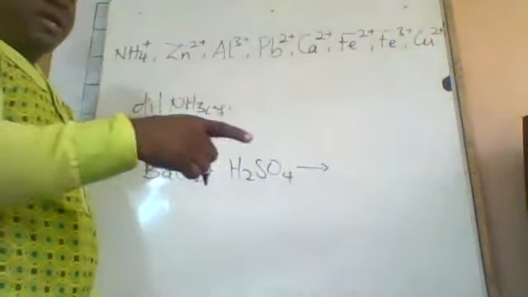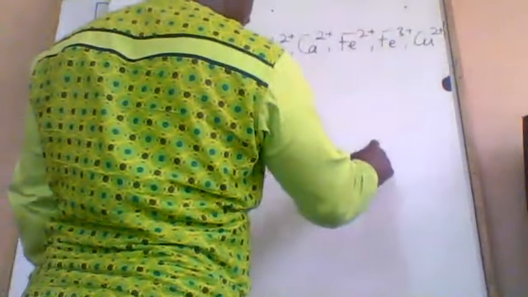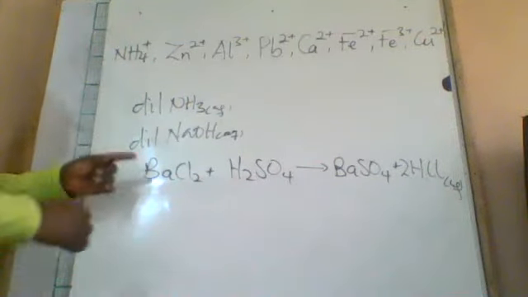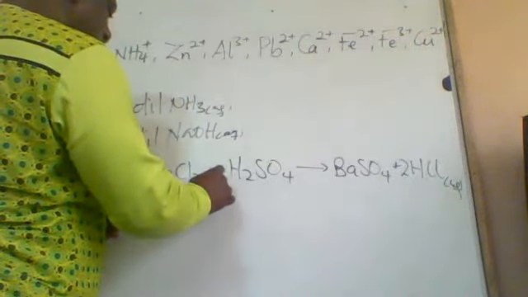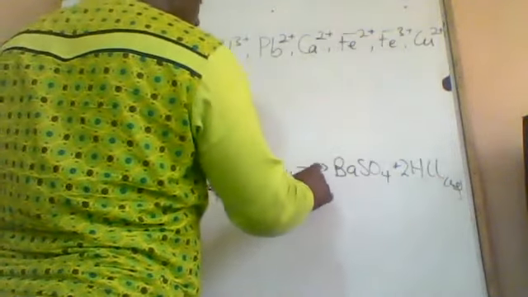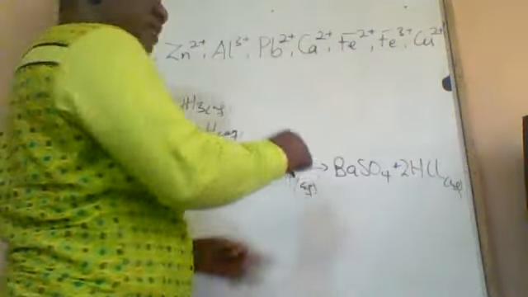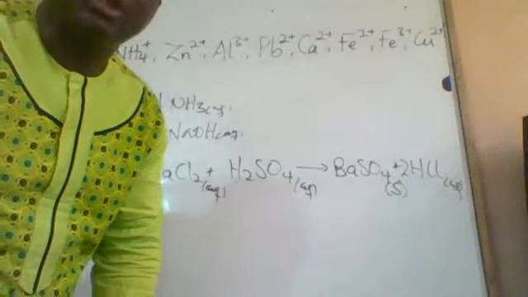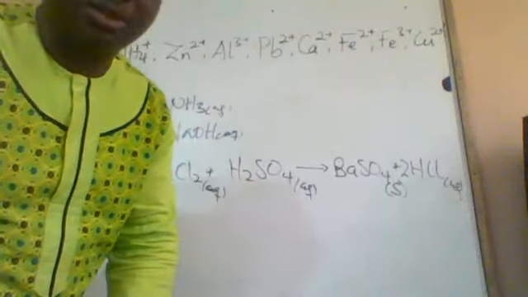The product there is going to be barium sulfate plus HCl aqueous. Then the equation can be balanced to that effect. Now the barium chloride is soluble, so it is aqueous. The sulfuric acid is also soluble in water, so it is aqueous. But barium sulfate is insoluble. If you remember the solubility rules,